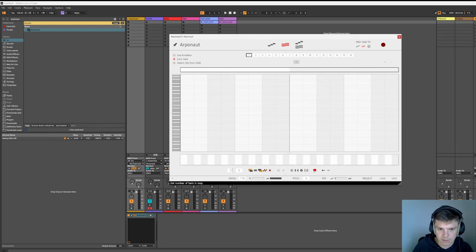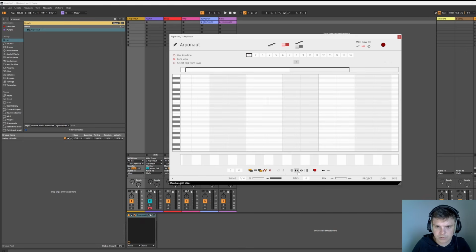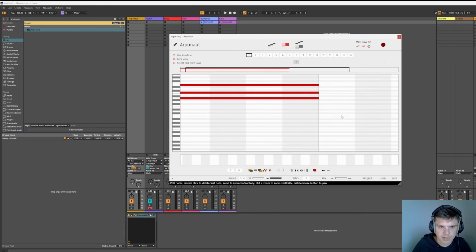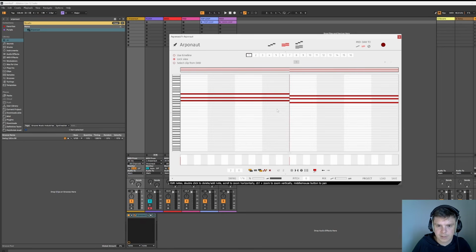I will go into detail on what everything does, but just to show you how to start with the plugin, I will do maybe an A minor and a G chord, like this. So now if I press play,